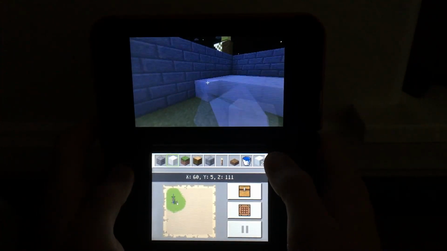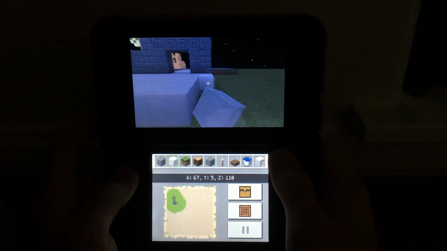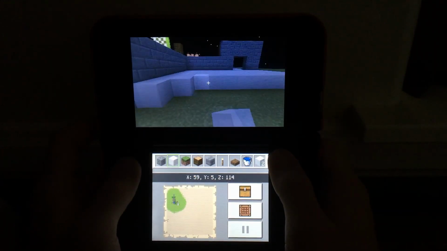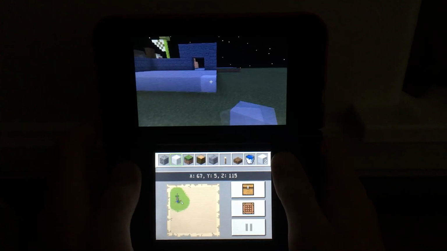So let's just move out to this point and fill in all the quartz out to this point. And then we'll be able to start the interior. So I'll get some bookshelves and some jungle wood instead of oak, because I already have jungle on the outside of the